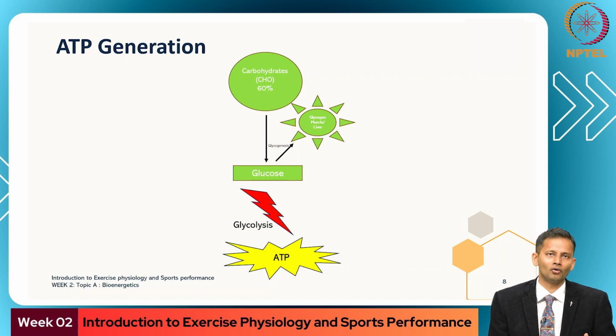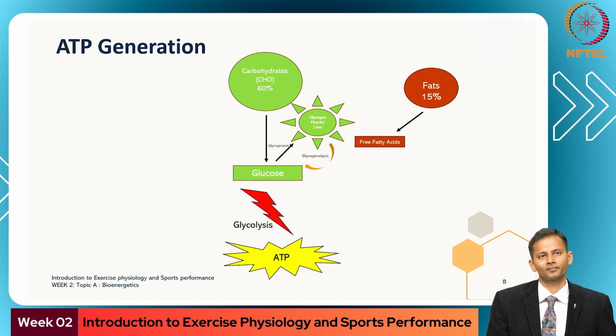The storage form of carbohydrates in the liver and muscle is called glycogen, and that particular chemical process is called glycogenesis. Glyco means glucose related, genesis is just accumulating. So its storage form is glycogen. Whenever there is a need, these storage forms are taken from the muscle and liver and used in the glycolytic pathway, and that process is called glycogenolysis. Split the word and you can easily remember glycogenolysis.